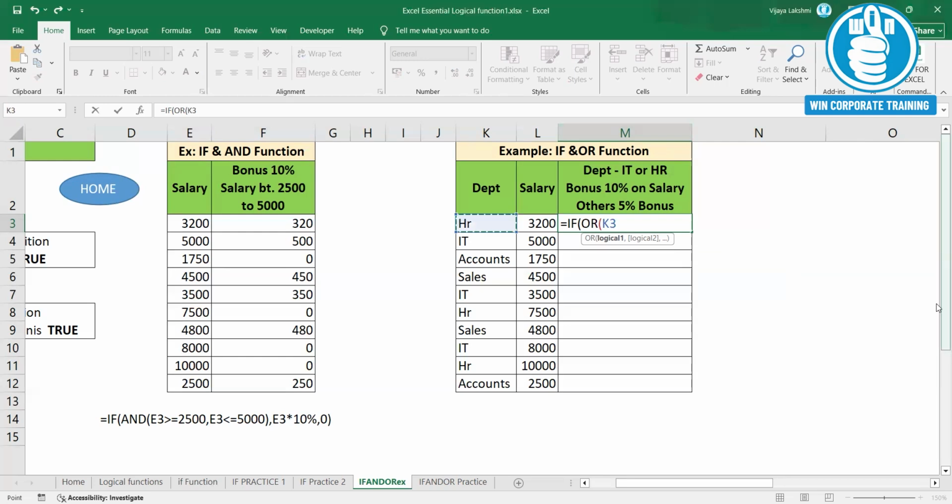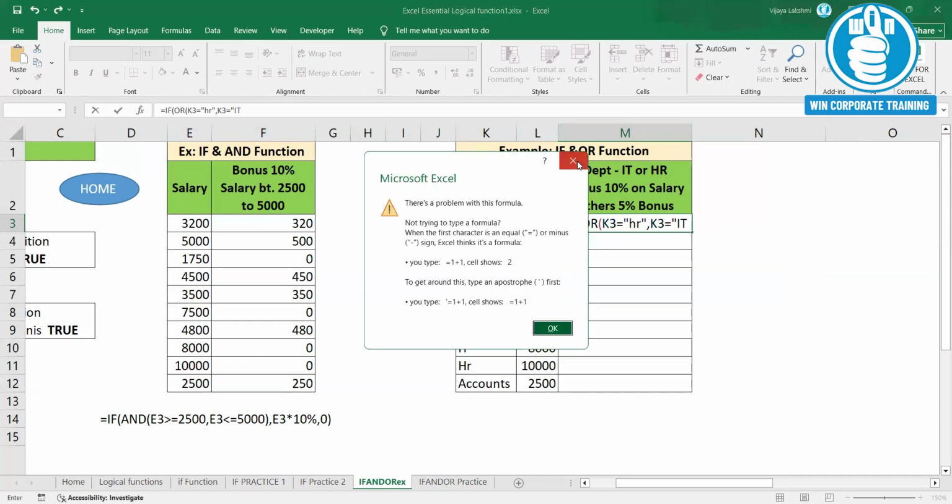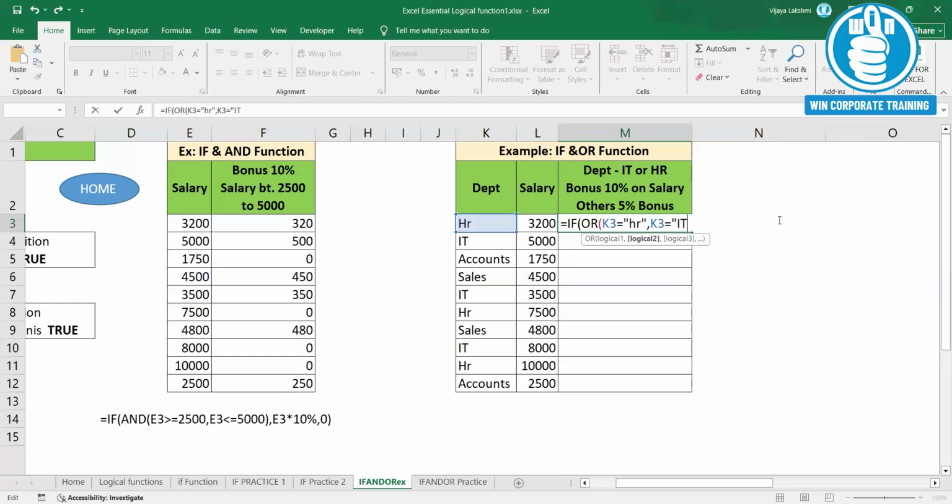So now we are setting the condition on the department column. So you give the condition department as HR. So Excel is not case sensitive. You can use any case, uppercase or lowercase, or you check whether the department is equal to IT. And why am I giving these values within the double quote? Because all the text values or alphabetical values need to be given within the double quote. Followed by the value if true. When the condition is true, the bonus will be salary into 10%. Otherwise, when the value is false, the bonus will be salary into 5%. We need to put appropriate formulas over there to calculate the bonus.